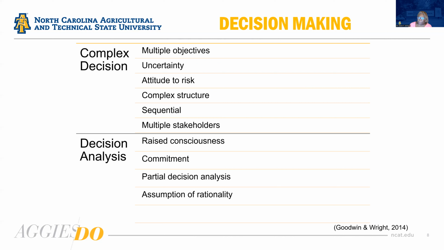Just in thinking about leaving for work, you can see the complexity: there are some things that will be sequential in the decision making, but some things might not be sequential, and there are multiple stakeholders. So you have to consider the complexity of the decision. And then the second part of this is analyzing the decision. So the steps in thinking about how do we analyze a decision.